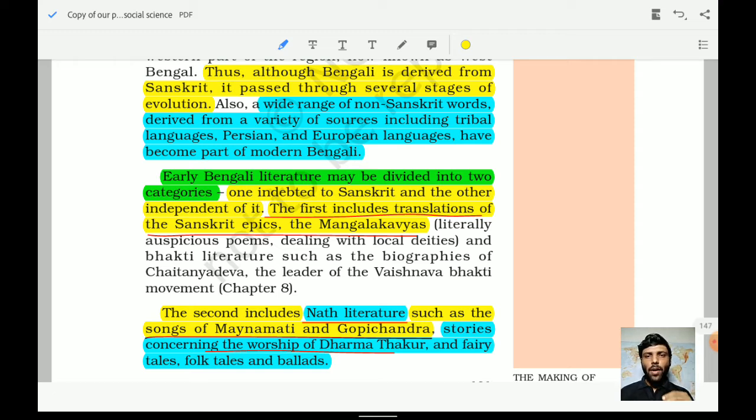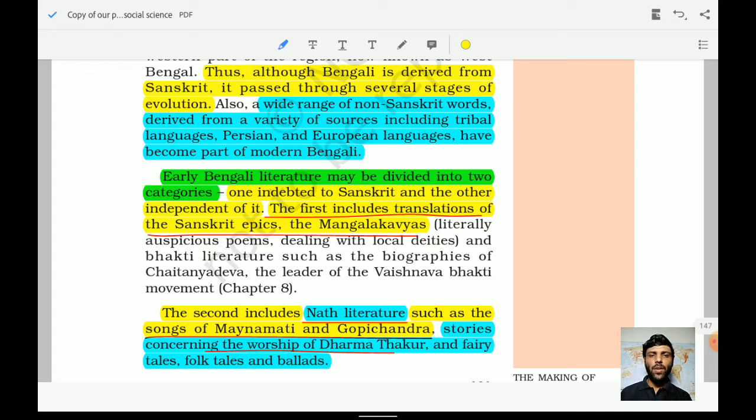Early Bengali literature may be divided into two categories. This part is just to try to understand; there is nothing to remember. Just to put things into context, we are trying to read this. One category is indebted to Sanskrit. So here we are talking about the two categories of Bengali literature, one indebted to Sanskrit and the other independent. First it is talking about the translation of Sanskrit epics, such as the Mangal Kavyas,